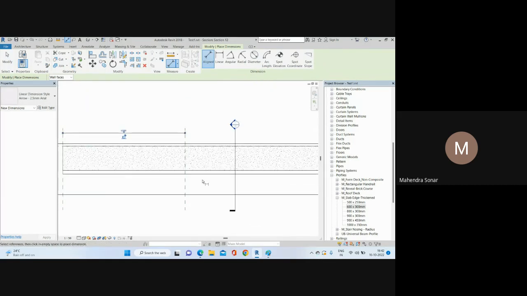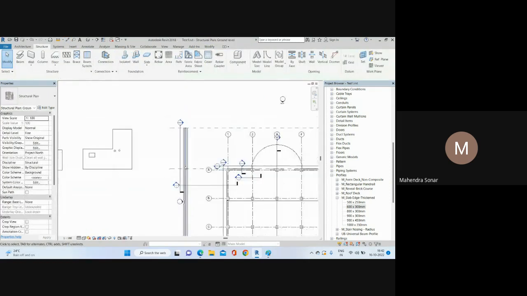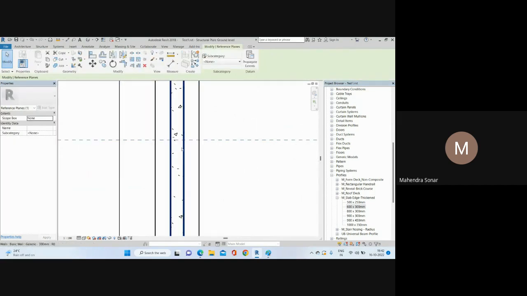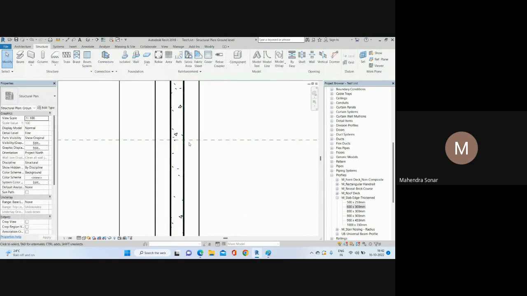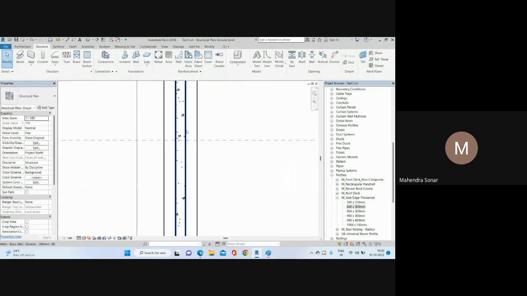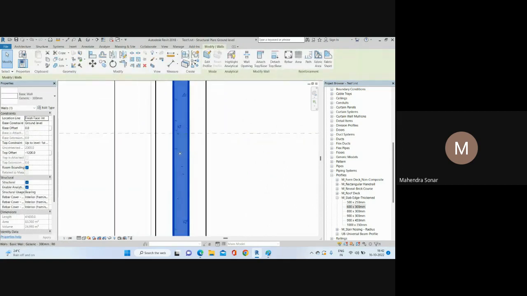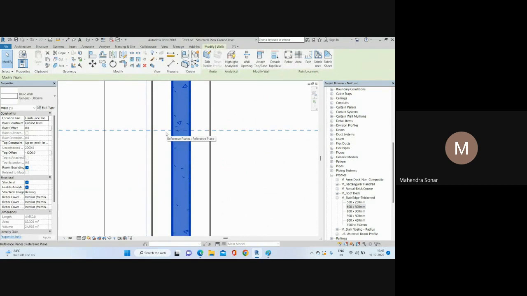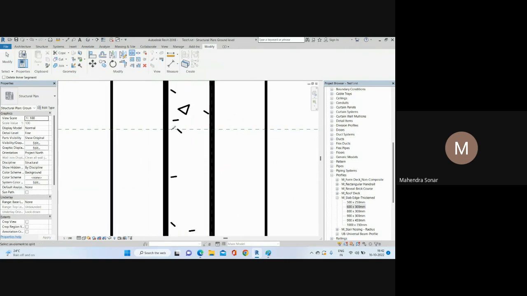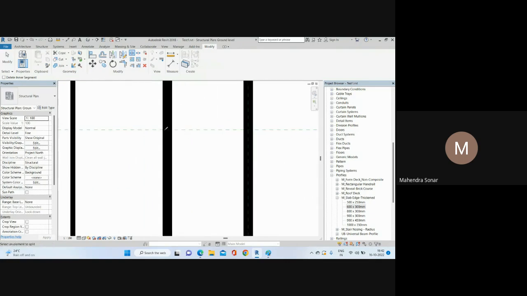So first of all, you need to break this wall. How to break? You need to go in plan, and you have already added the reference line here. After that, select this wall and go here to Split Element. If I select this wall, it is one single wall, but I want to break it here. So click Split Element, and then split exactly on this grid line. So if you move your cursor,